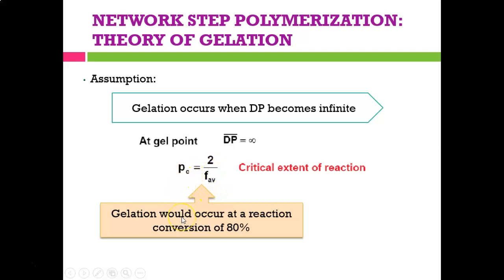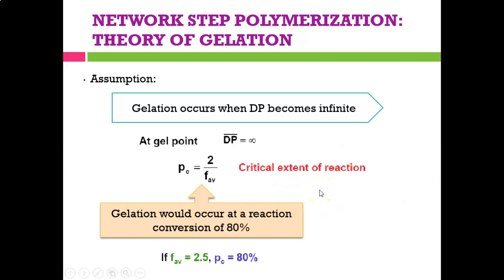At the gel point, the degree of polymerization is always infinite, because gelation occurs when DP is infinite. And gelation will occur at a reaction conversion of 80%, meaning that it is almost a complete reaction, which is the critical process. So if we have FAV equal to 2.5, PC we can get 0.8,